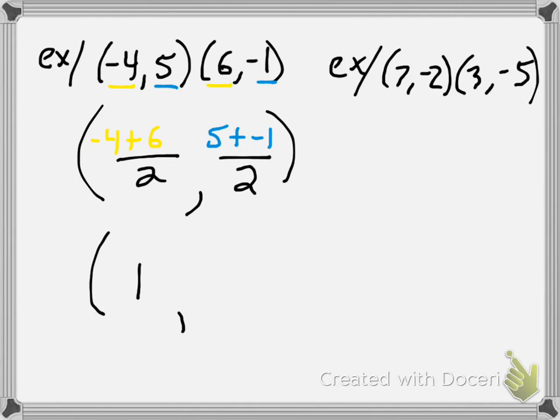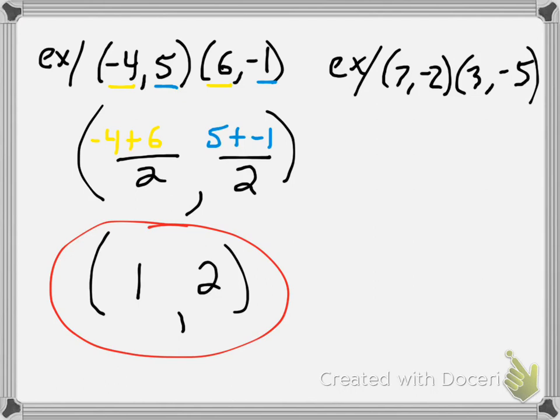So 5 plus -1, which is 4. 4 divided by 2 is 2. So this right here, that's my midpoint. That's our answer. We're done. Okay, so if you just have 2 ordered pairs, and it asks you to find the midpoint, again,